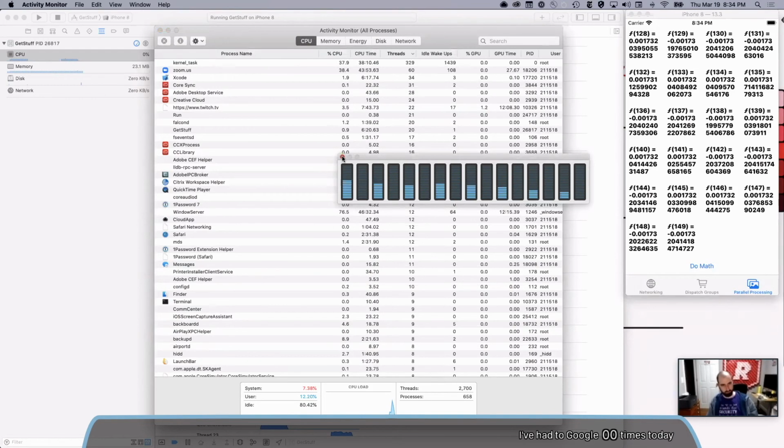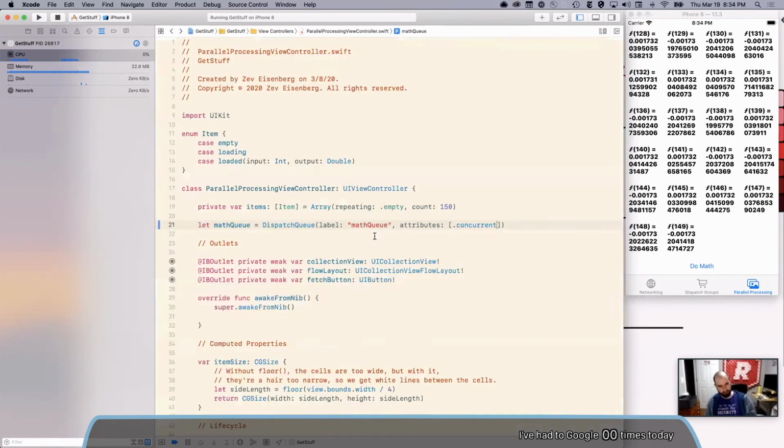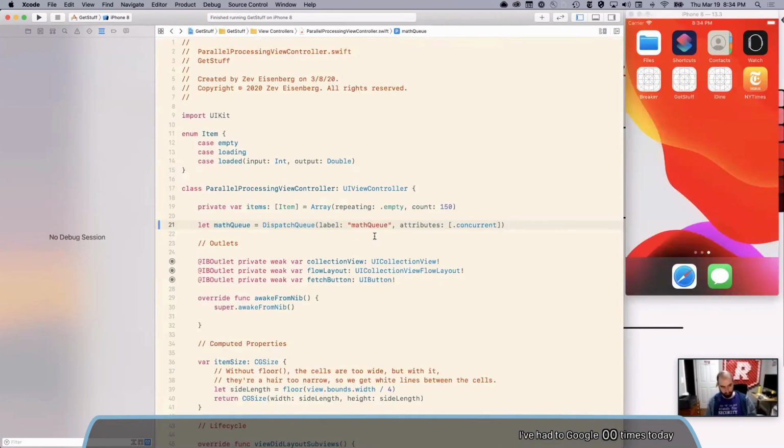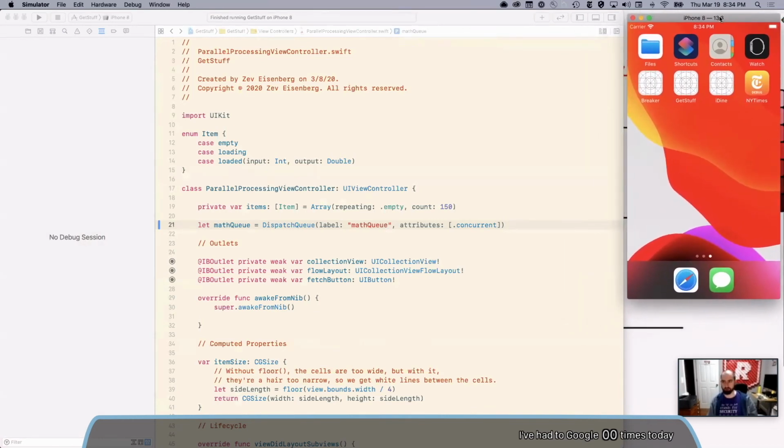It's not worth doing performance testing in the simulator most of the time because the simulator is basically just running on your computer. So this looks like an iPhone, but it's actually an Intel compiled Mac app. And if your computer has 16 threads, it'll be like, all right, I'll use those 16 threads. So for doing any kind of real world performance testing, you've got to run on device. You can still get a little bit of a sense of whether this approach is faster than that approach by trying it on the simulator. But even then, there's a different amount of RAM, there's a different number of cores, it's just different, and performance testing is not all that valuable in the simulator.